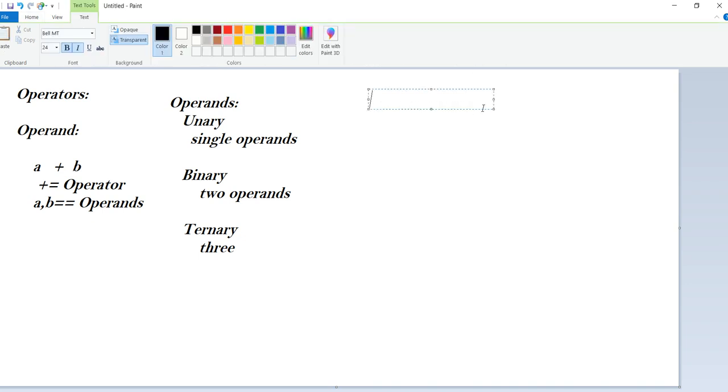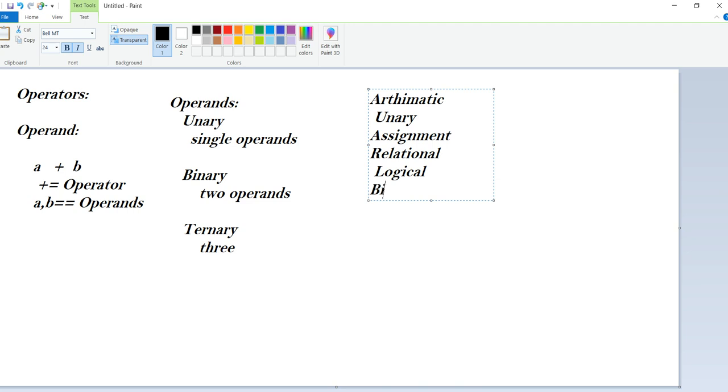First one is arithmetic, unary, assignment, relational, logical, next is bitwise,